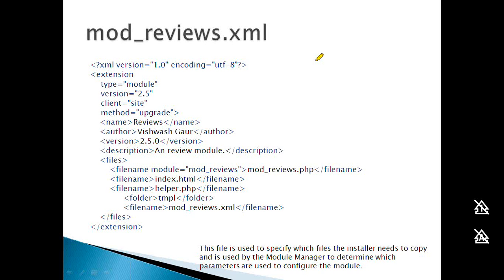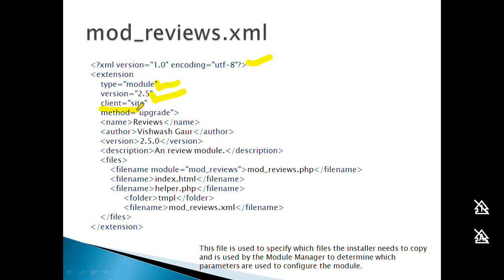By default, this is the file structure which we should follow. Here we define the XML version with it. Then the extension type is defined, like the module. Yes, there can be different types of extensions like the module, component, plugin, or anything. So whenever an extension file is uploaded, it should tell the Joomla system that it relates to a module or component. And then the version is there. This version talks about the version compatibility. Like if it is 2.5, it would be compatible with Joomla 2.5. If it is 1.5, it means that it would be compatible with Joomla 1.5, and so on.